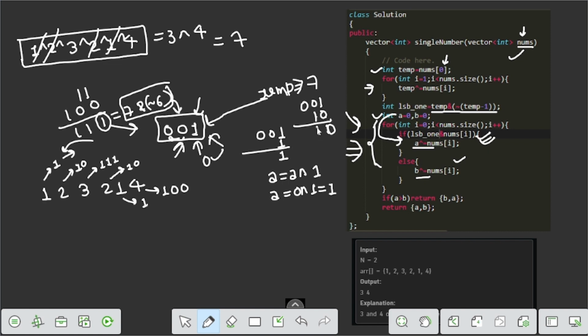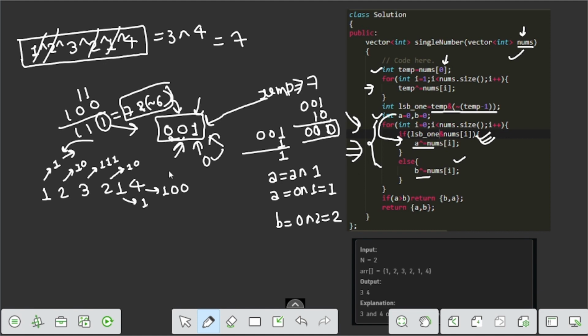This condition is not true, so we go to b. B is initialized to 0, and b XOR nums of i, which is 2, so b becomes 2.